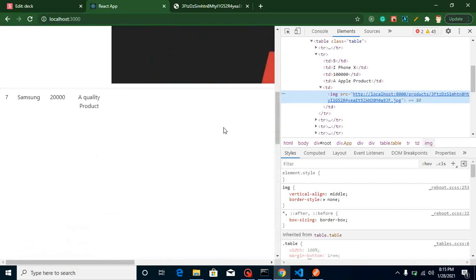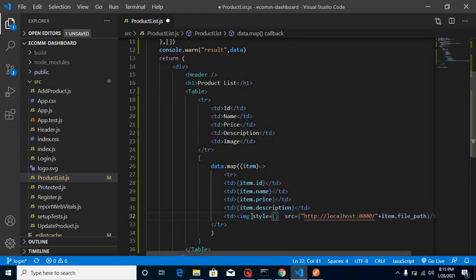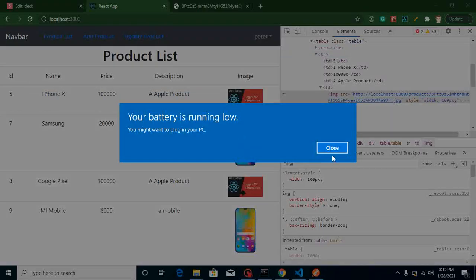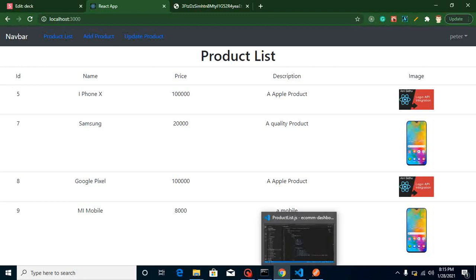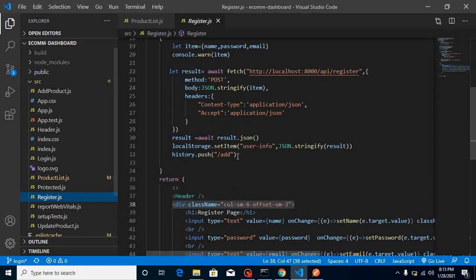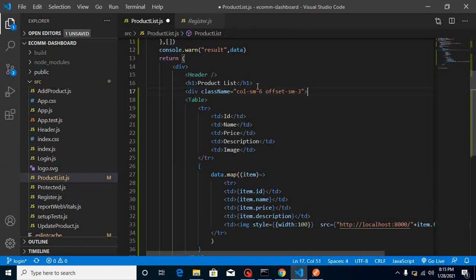And now we have a property, but the image sizes are really big. So let me add a style property also, style, and just simply put here width like 100 pixel or something, and now these are in a small size, right? So in that way we can use it. You can use some small table also with the col sm and all, as you can see that in the register component we actually used col sm and all and offset and all. So the same thing we can do here also.